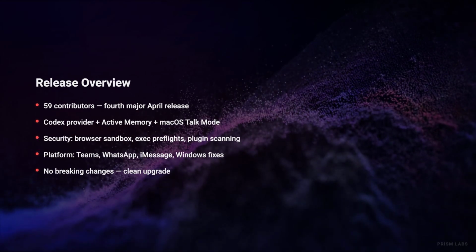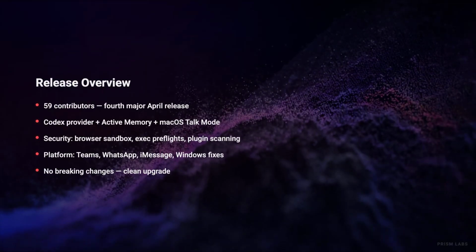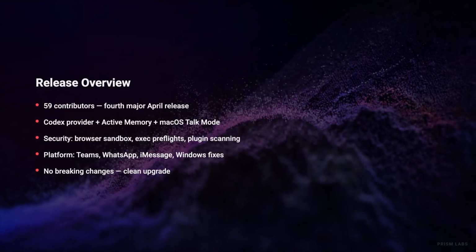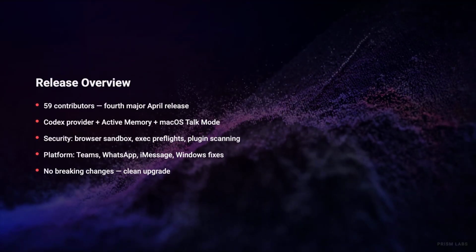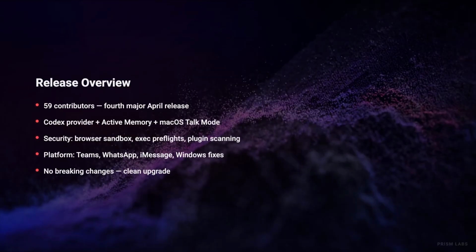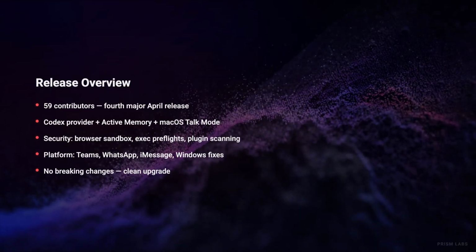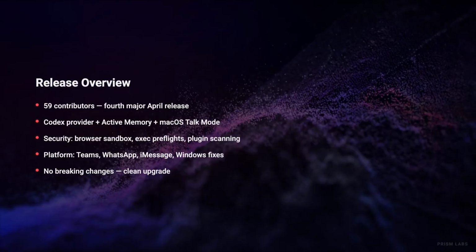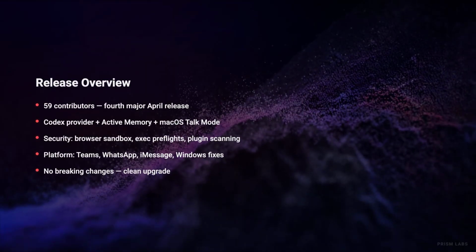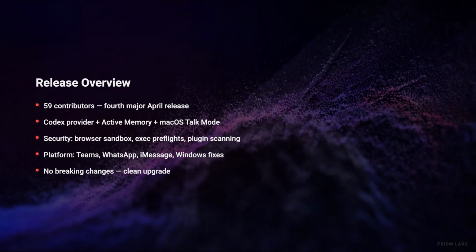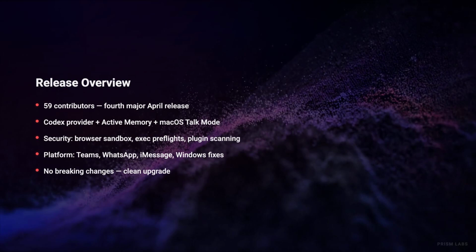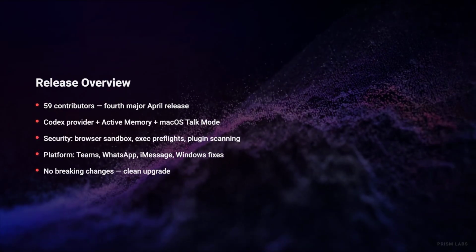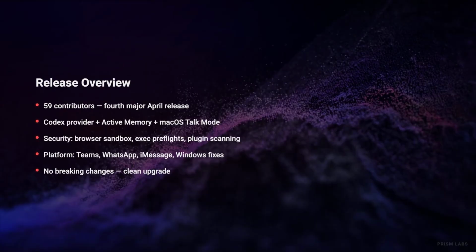The three headline features target different parts of the OpenClaw experience: Codex integration for model access, active memory for conversation quality, and local talk mode for voice interaction on macOS. On top of features, there's substantial security hardening across browser sandbox navigation, execution preflights, and plugin dependency scanning. Platform fixes cover Microsoft Teams, WhatsApp reconnection, iMessage self-chat, Windows execution, and improvements across Matrix, Telegram, Discord, and QQBot. And a new Exec Policy CLI command gives users direct control over execution approval policies. No breaking changes. This is a clean upgrade for everyone on the